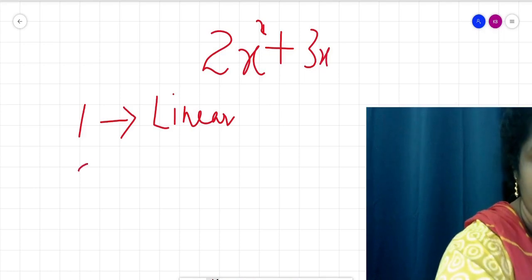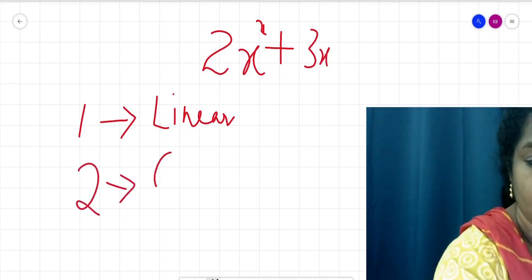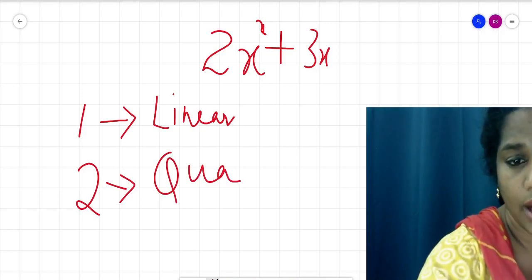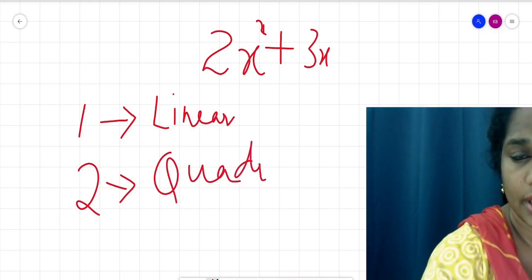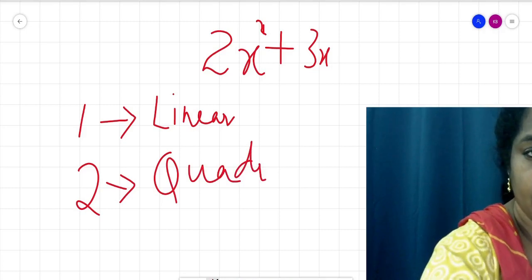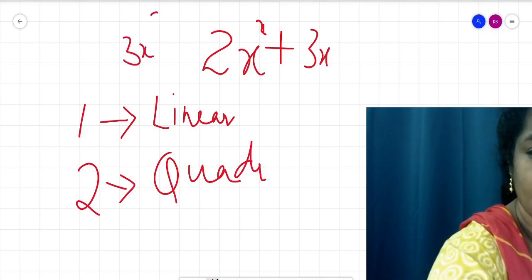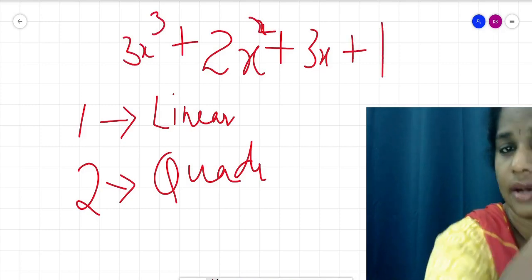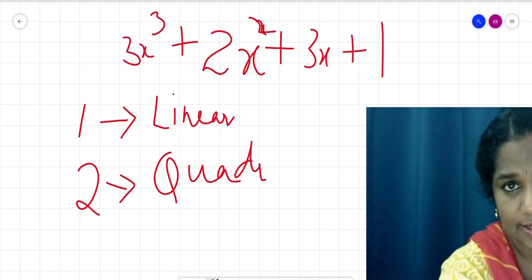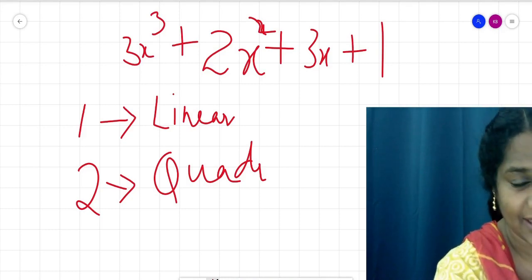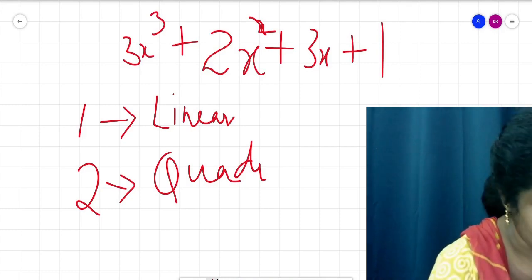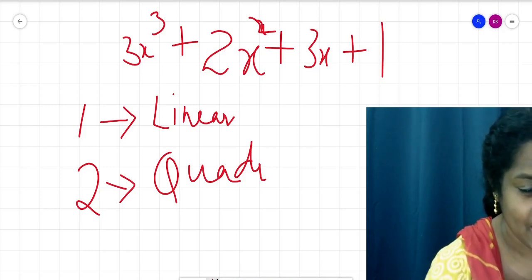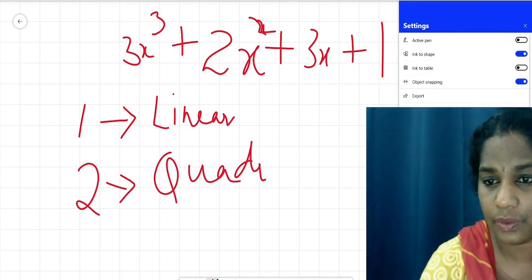2. If it is 2, what kind of polynomial is it? Quadratic polynomial. Is that correct? And if it is 3x cubed plus 2x square plus 3x plus 1, what kind of polynomial is it? Cubic. Clear? The 3 types of polynomials. Is it clear to you all? Right? Okay. Now,